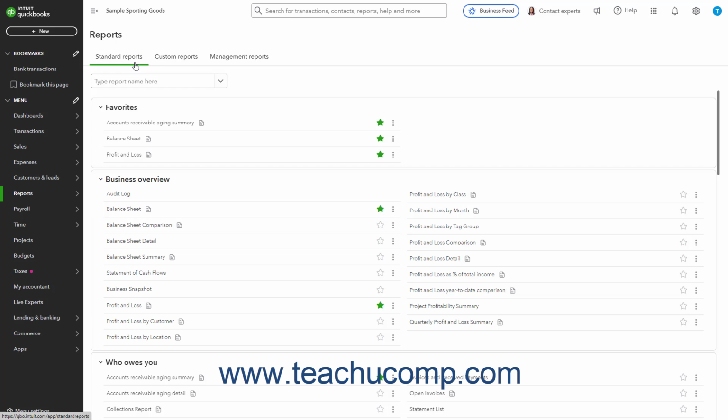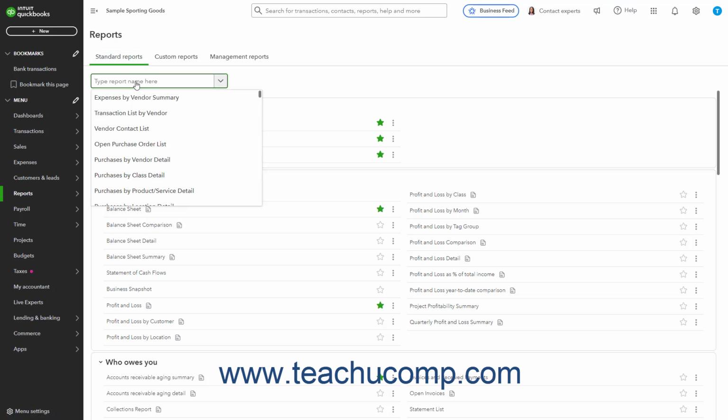Then click the Standard Reports tab in the page to the right if needed. Then type either Transaction List by Customer or Transaction List by Vendor into the Type Report Name Here search bar, depending on whether you want to run a customer or vendor quick report. Then click the report name in the result list that appears below the search bar to open it with its